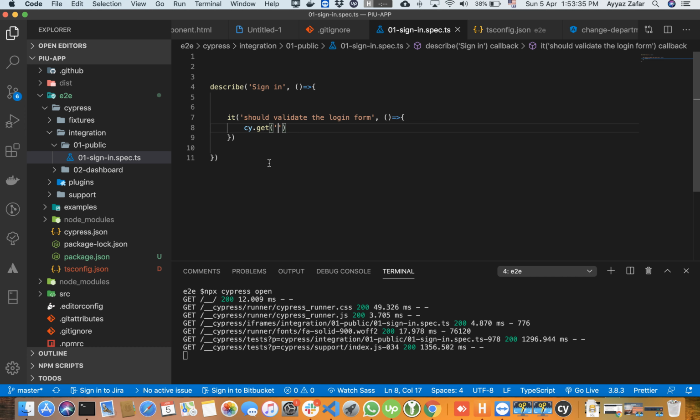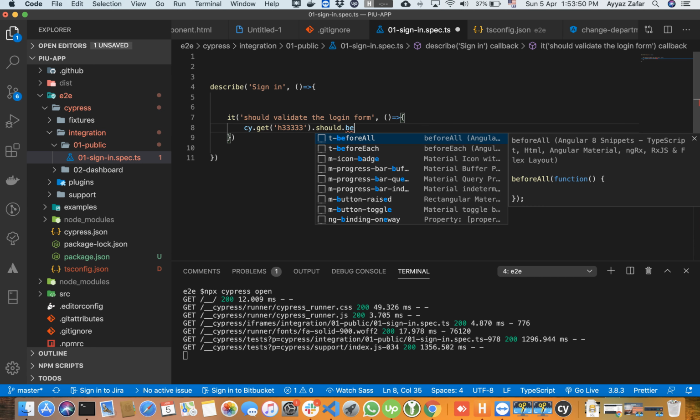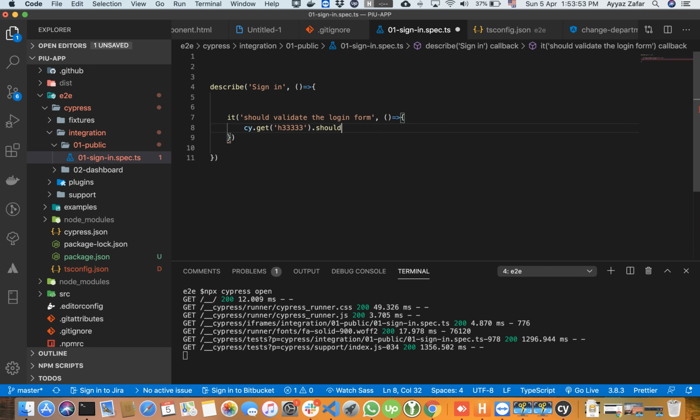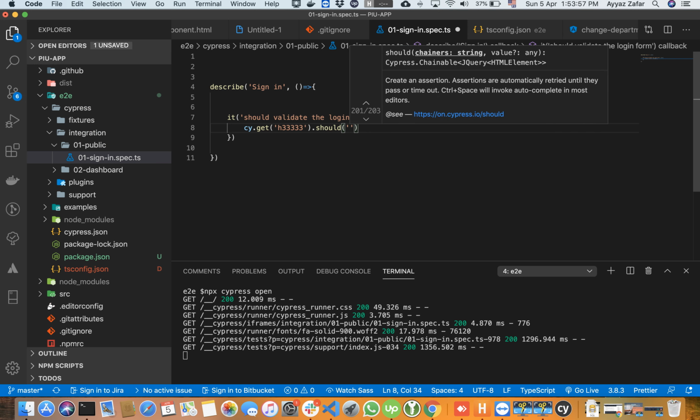For example, I try to find H. I just added an incorrect selector of the element. I just wanted it to fail. Should exist, should be. You can see that it shows a lot of suggestions. That is very nice and cool. You will not make any mistake because of this feature. Should be